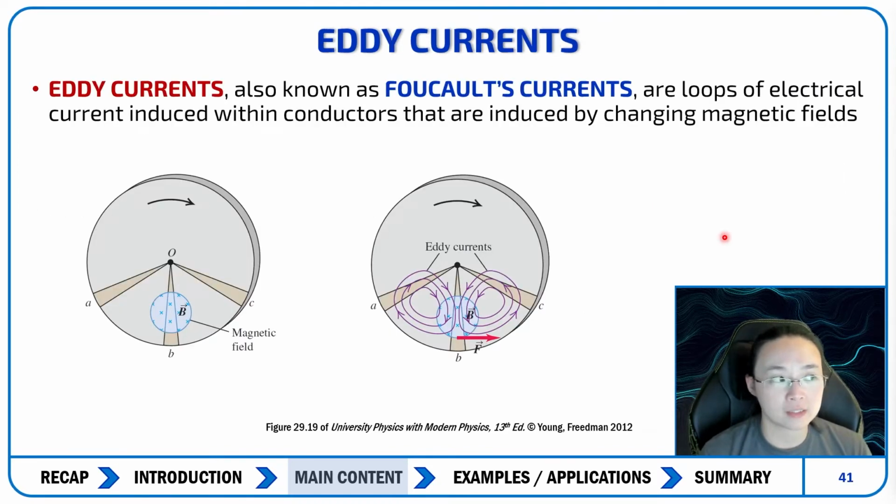Now for eddy currents. Eddy currents, also known as Foucault's currents, are loops of electric current induced within conductors by changing magnetic fields. So in the picture on the left, there's a metallic disc rotating in a magnetic field perpendicular to the plane of the disc. So here we have the magnetic field going in, and there's rotation along the disc in a clockwise fashion. But this type of